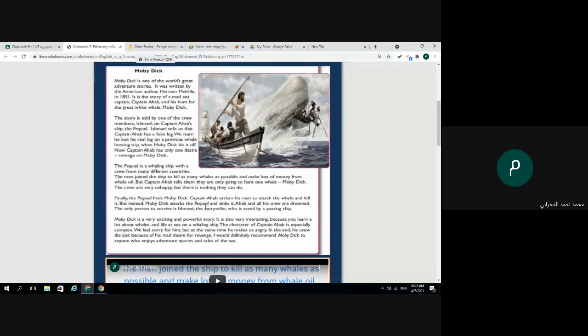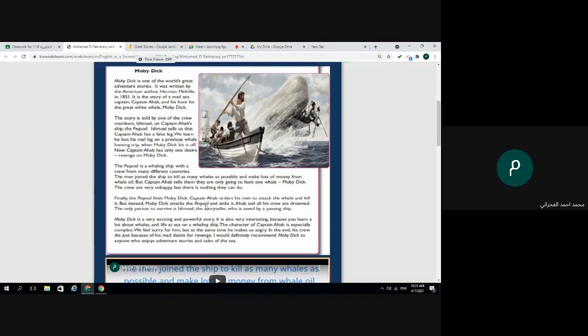Told by one of the crew members. No, I didn't ask by whom it was told. I ask you what this story is about. Captain Ahab, yes. Okay, and his name is Ahab, a normal name in Arabic.